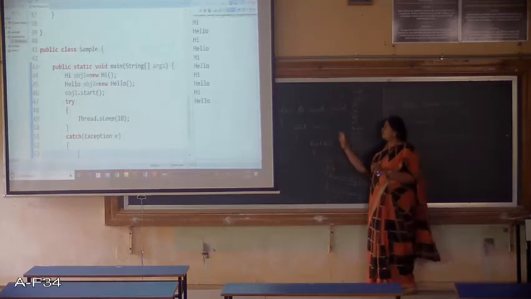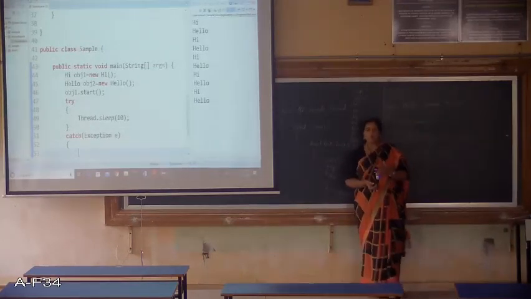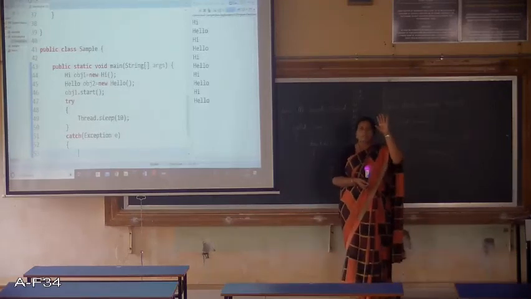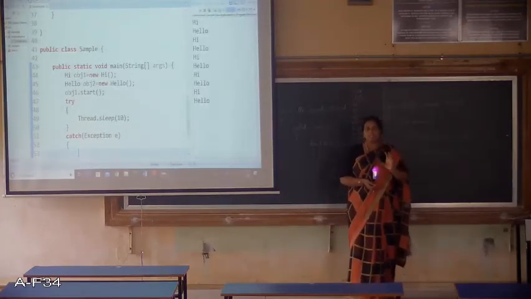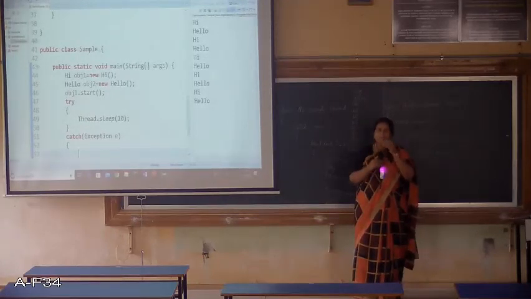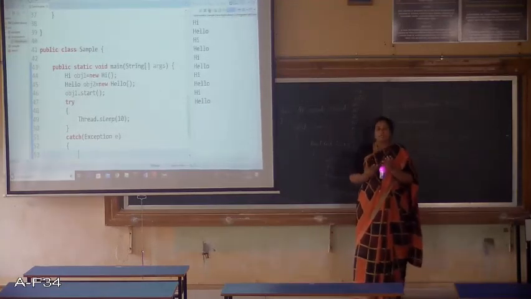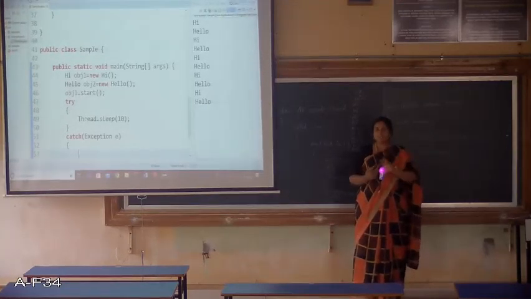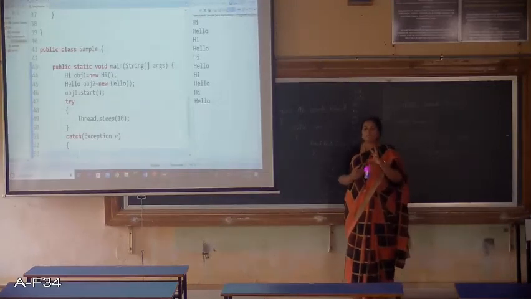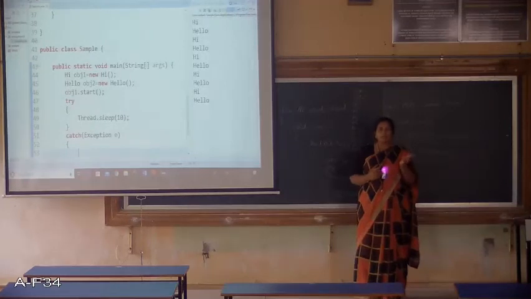Correct. So after this, when we executed the code, we could see that there were some hi words getting printed and hello words getting printed alternatively. But at some point of time, we observed that 2 or 3 times the same message getting printed. That means there was no alternate switching between both the threads, thread 1 and thread 2.